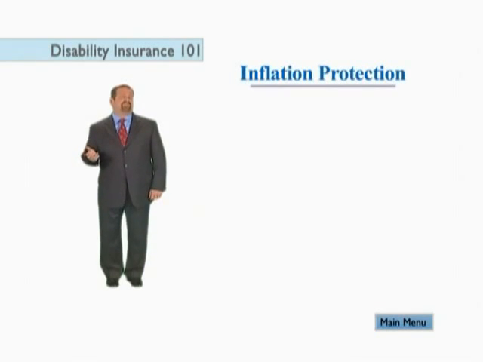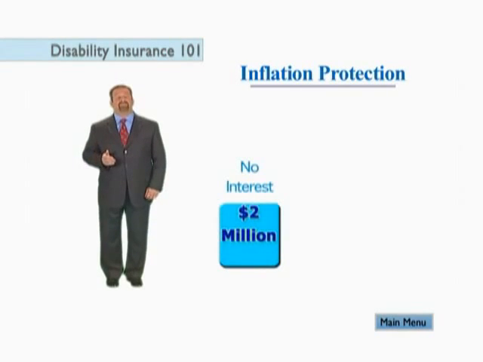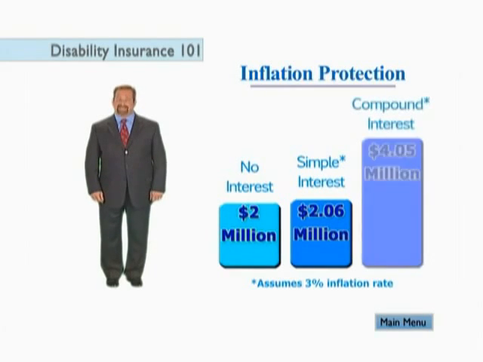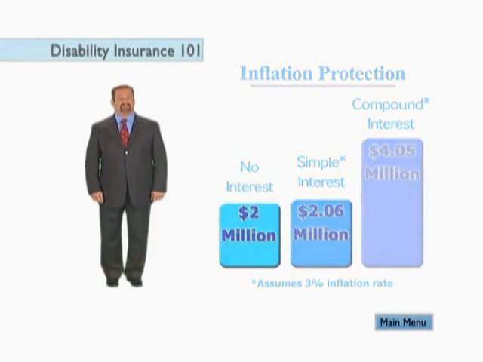Thinking back to that 25-year-old we talked about at the beginning of the segment, if he or she is disabled for his or her entire life, think about what would happen to the buying power of the dollars that he or she was receiving. It's important to have your policy indexed to inflation so that each year the benefit increases with a change in the consumer price index. You will find that the better policies increase each year using compound interest, not simple interest, and you will find that the better policies also do not have a cap on how much that benefit will grow to.